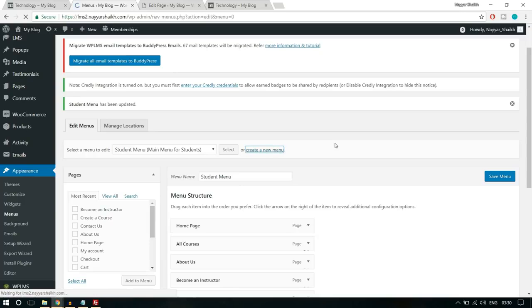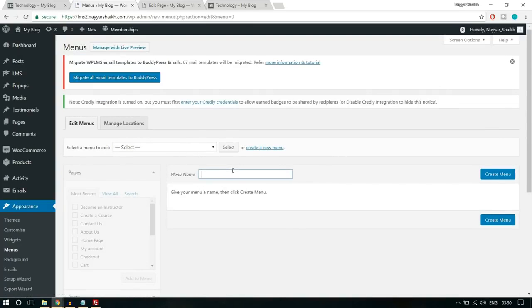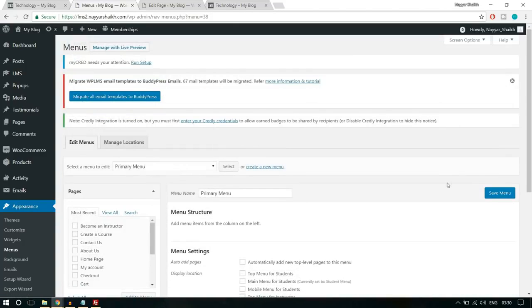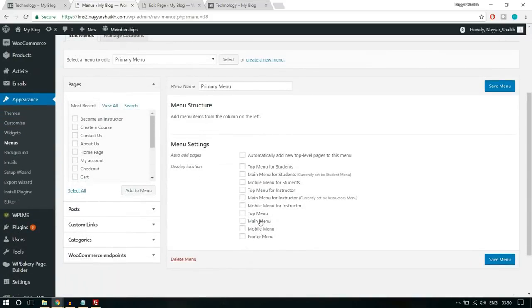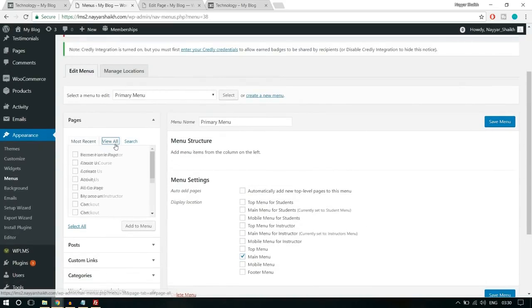So click on create a new menu, and let's name it primary menu, or anything you want, like main menu, primary menu. It's all up to you. And just make sure primary menu or main menu is selected from the bottom. Here it is, main menu. Now here, this is the menu that anyone who is not logged into your website will see. So we want the home page, about us page, all courses page, and then we want